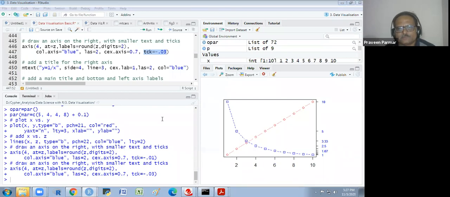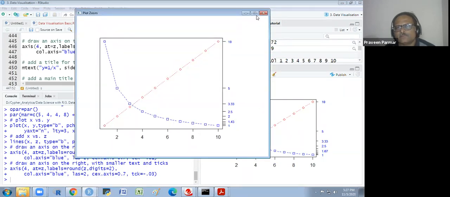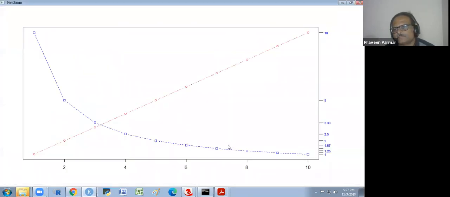I will show you in a zoom so you can find it better. Tick is this. These are called the ticks. Getting it? Where is my cursor?